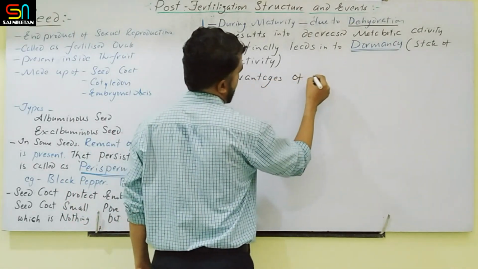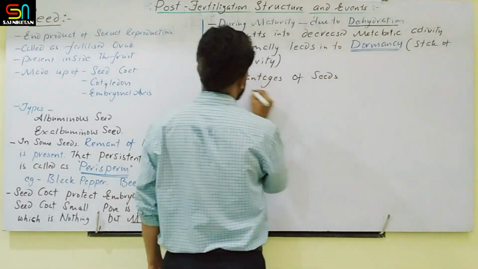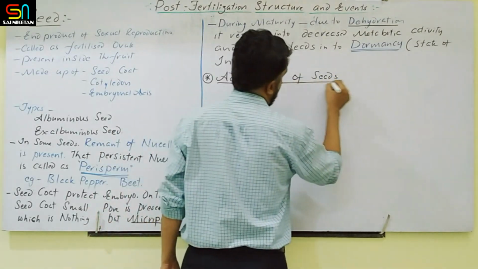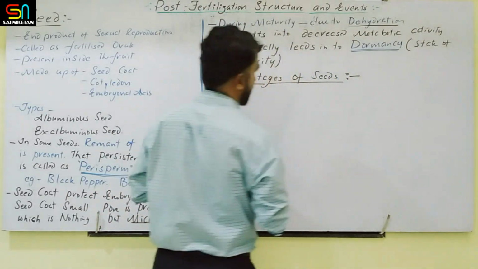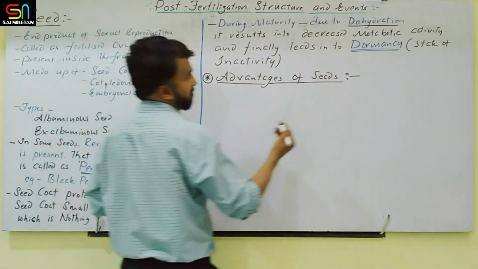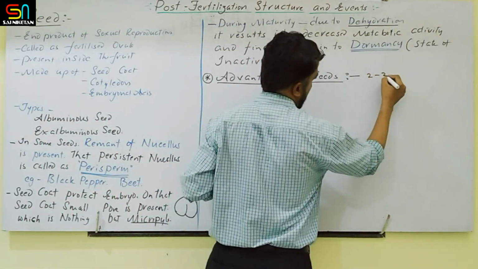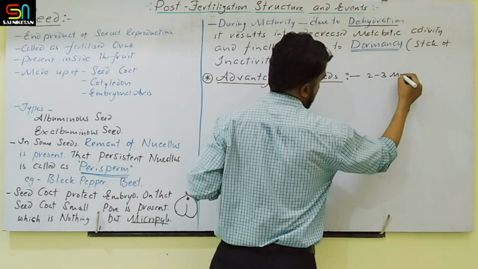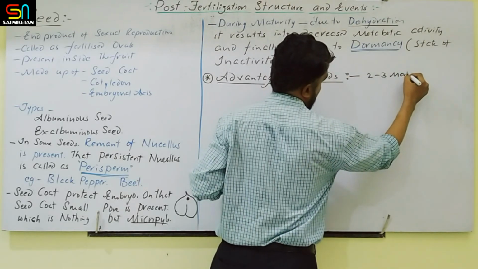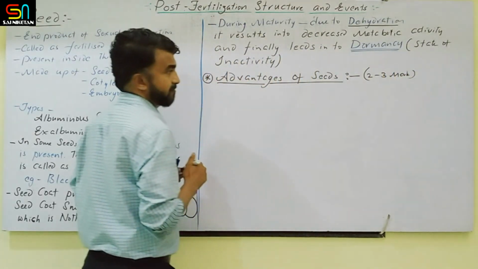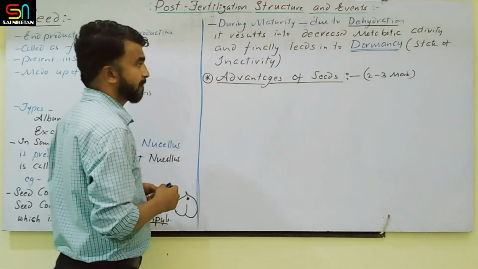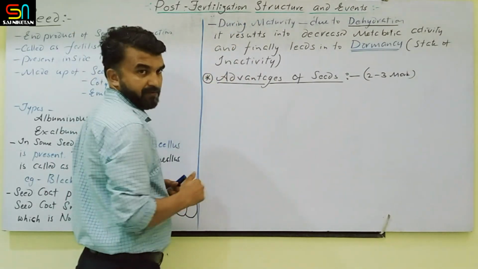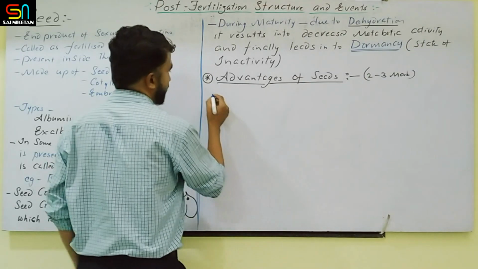Advantages of seeds. Try to make this topic perfect. This is either a 2 marks question or a 3 marks question. Clear? Advantages of seed: 5 to 6 points are there. Again, the same topic will come. So first one,